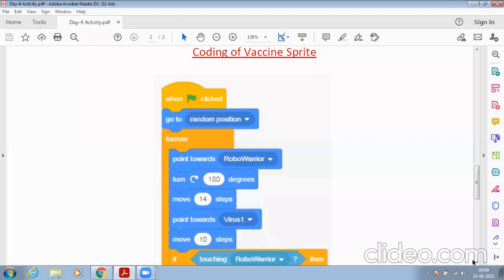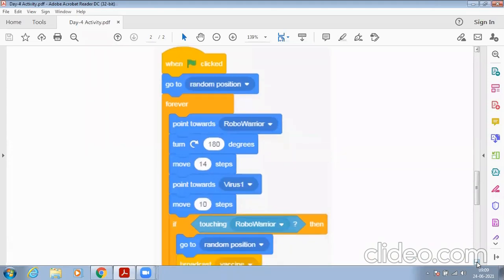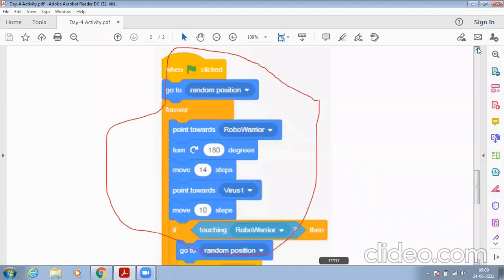You can see this coding also from the PDF and you can apply it into the Scratch application where you are going to write the codings. So this is the coding.